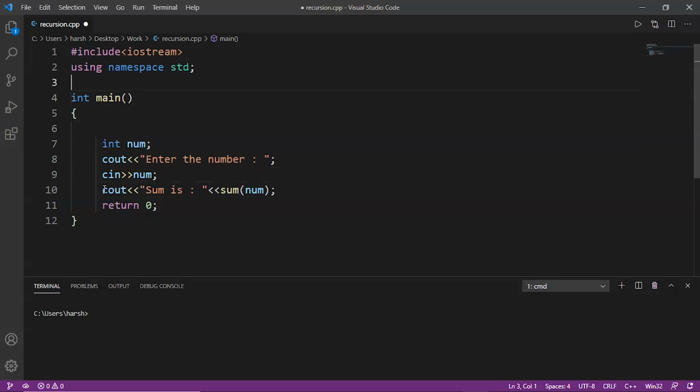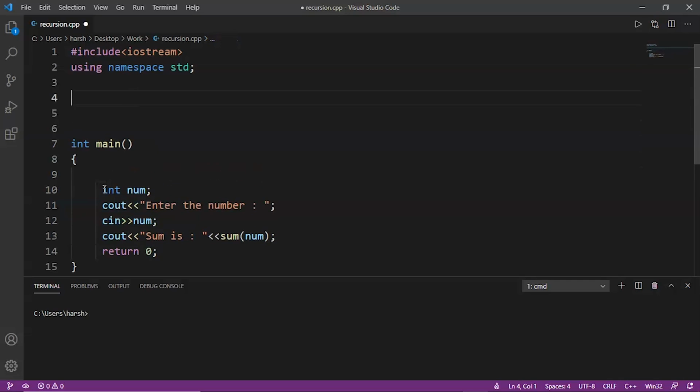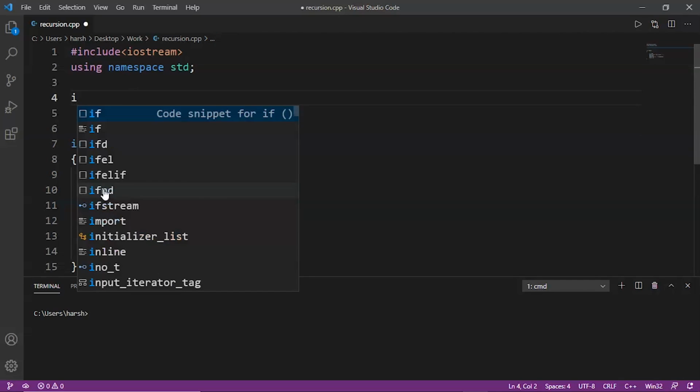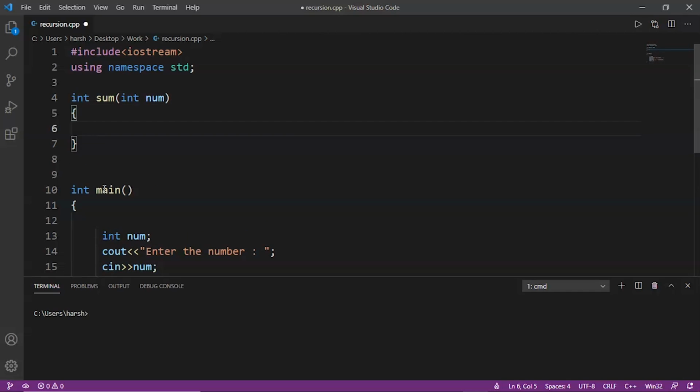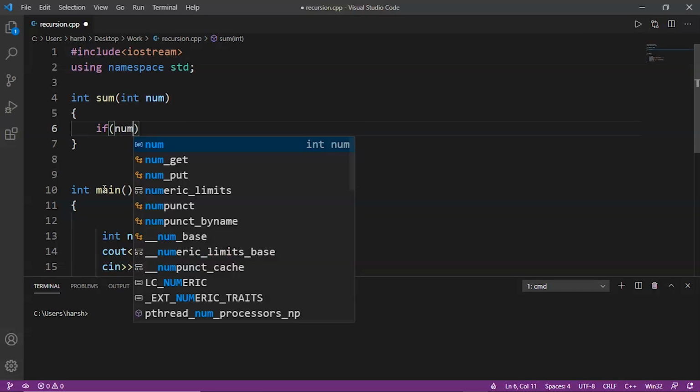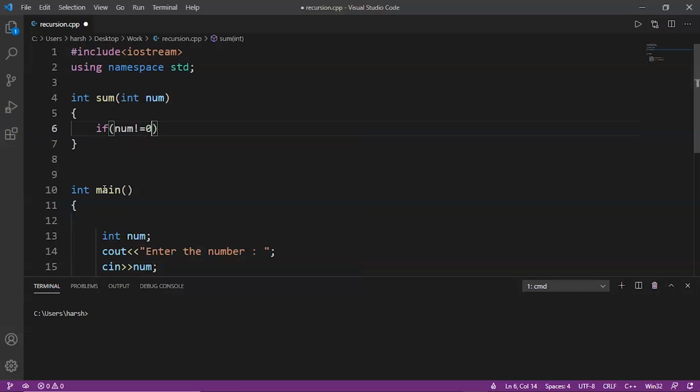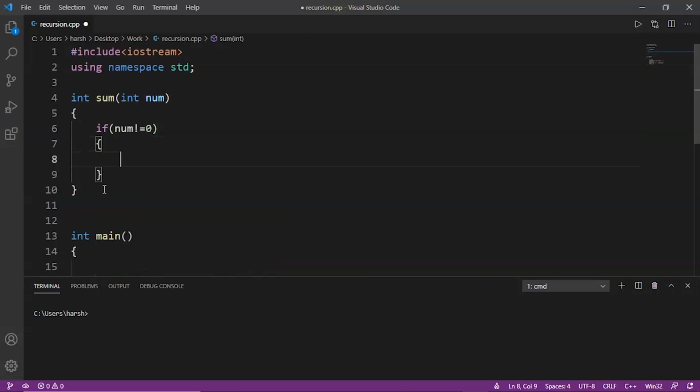Now let's make this function sum. We'll write int, the return type, sum, the name of the function, and the variable num. Now first of all we have to make a base case. So we will write the base case as, we'll make if num is not equal to 0, then here we will write the recursive case,